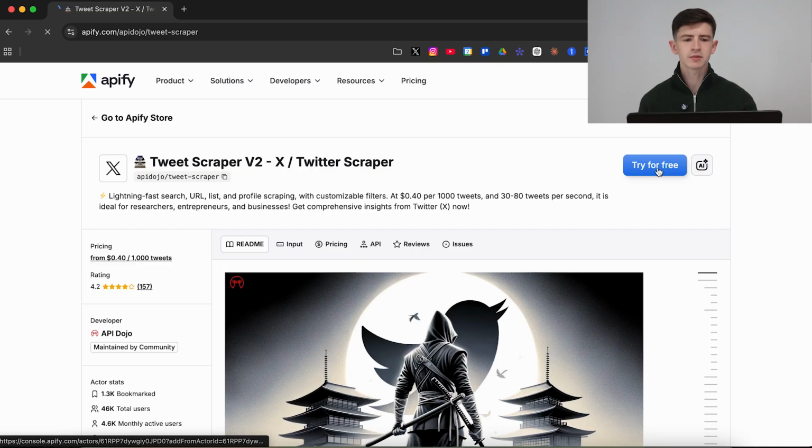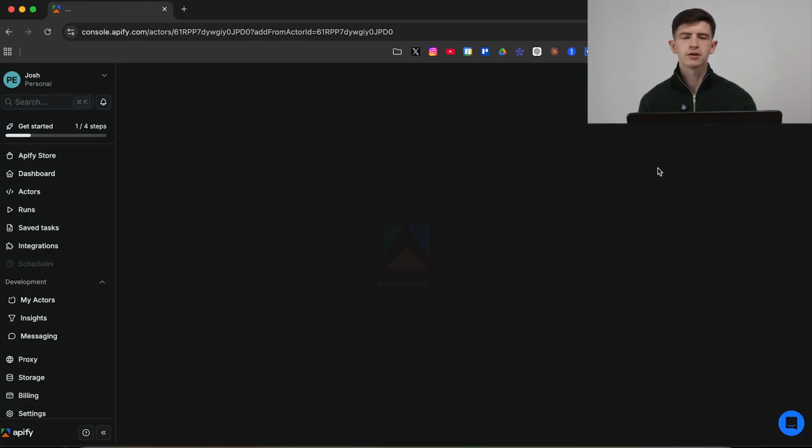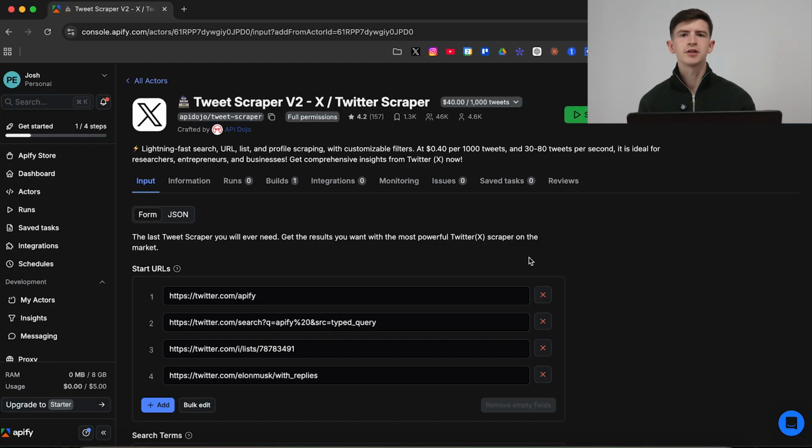If you've not already signed up for Apify, you're just going to need to create an account. The sign up process is really easy and you get a certain amount of credits to try it for free. After that, it's around $30 a month, but realistically you only need to scrape your posts once and you'll have that file forever. So if you follow this video, you'll never have to do it again.